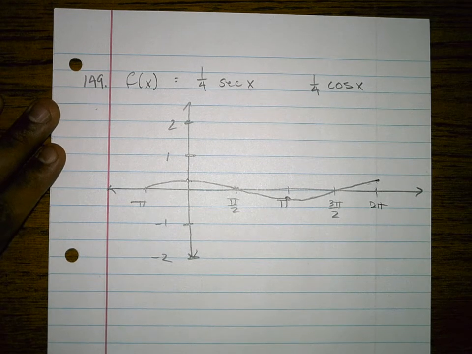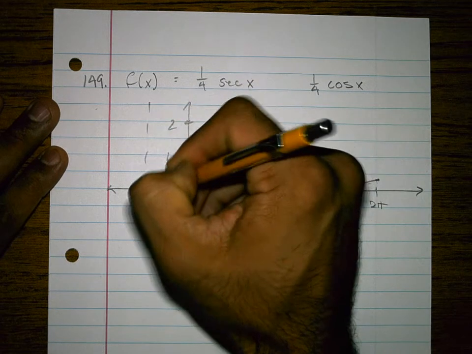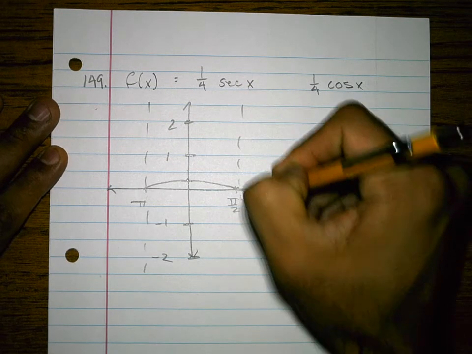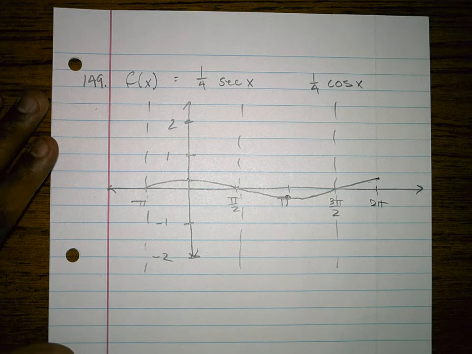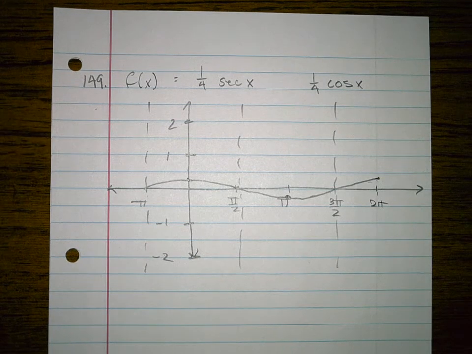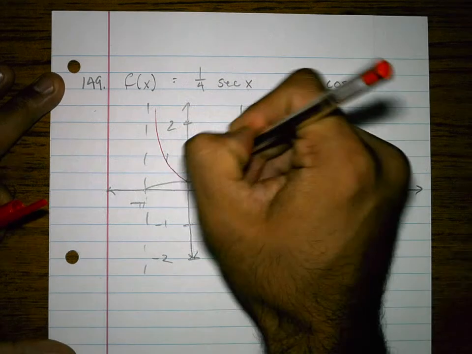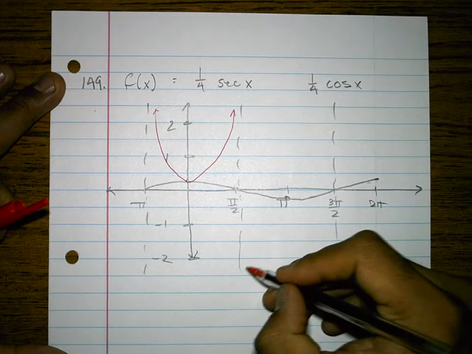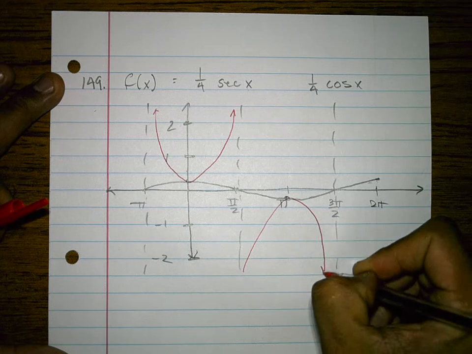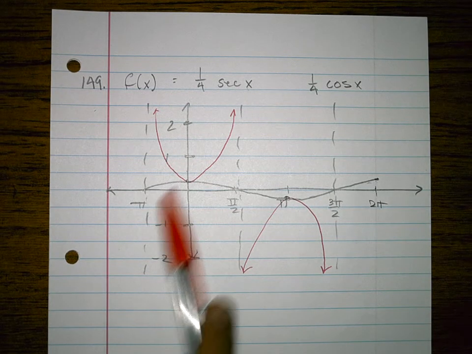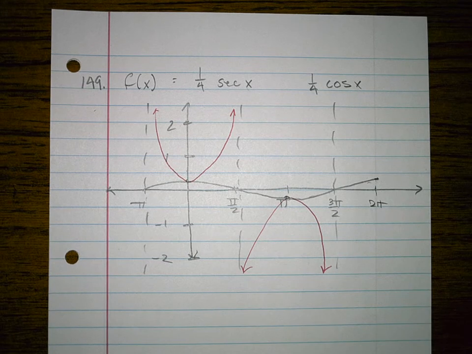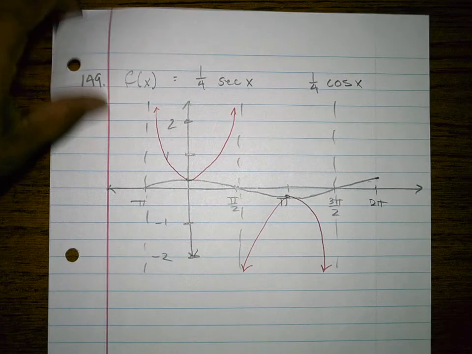Okay. And then to find my vertical asymptotes, it's at my x-intercepts. So there's one right there, there's one right there, and there's one right there. That's where I'm going to find. I'll go ahead and change colors to kind of put the graph on here. And then remember, I approach the asymptotes, okay, with these kind of parabola-looking shapes. Not technically a parabola, but it has that look to it, right? So that's one. Max and a min is basically 1 full period. Okay, and then last one here,